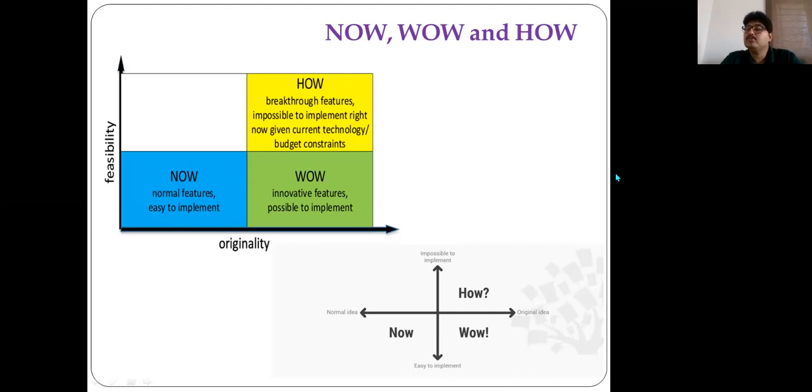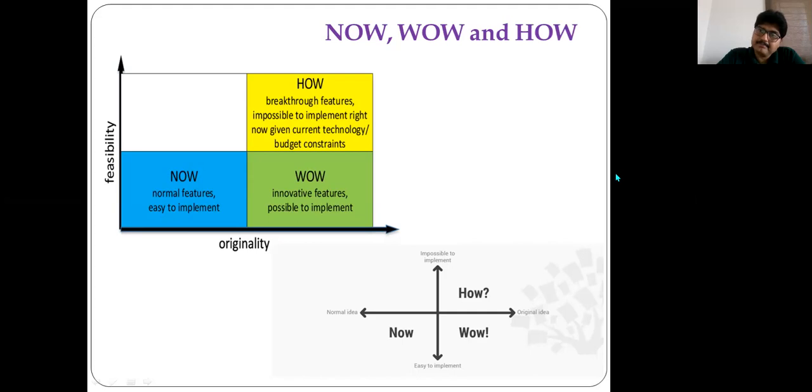So if you are able to categorize the ideas or concepts that have emerged from the team members, you will be in a position to say which concepts are laid out as now concepts, which under the group of wow, and which under the group of how. That also becomes a concept selection process. Sometimes the idea looks pretty good, but implementation issues may be there, then we put those into how. If the idea looks pretty good and implementation is also possible with a little particular effort, then it could be put as a wow.